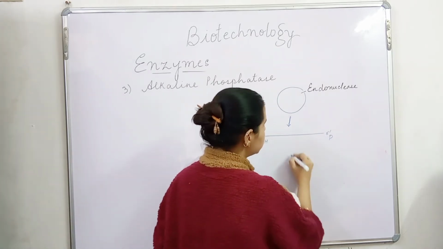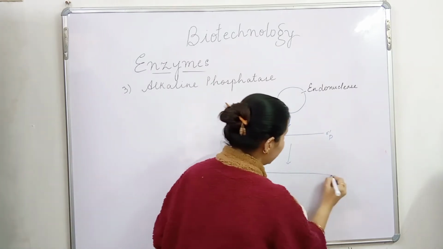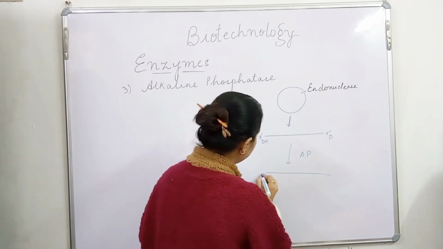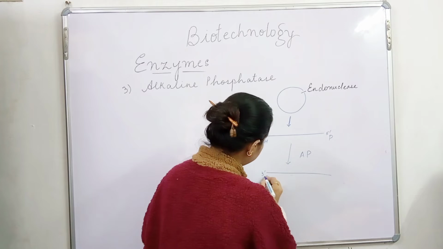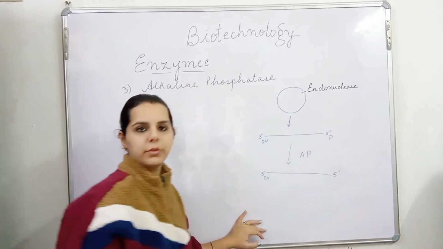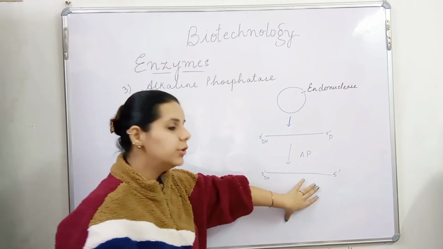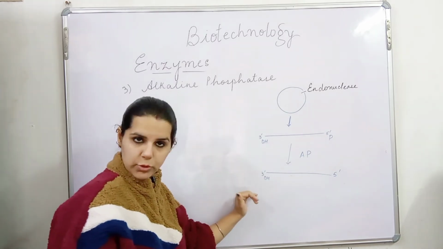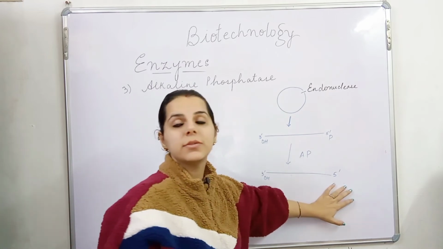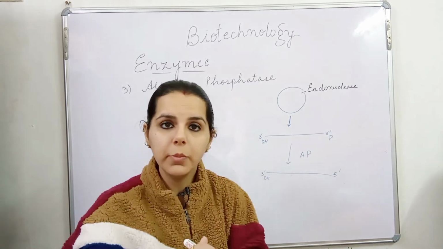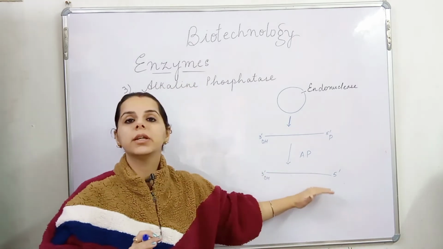Once I remove this with the help of alkaline phosphatase enzyme, I am going to get 3' OH but only 5 prime here. So now this kind of DNA, where there is hydroxyl present but at 5 prime there is no phosphate present, is unable to make a phosphodiester bond, hence it will remain in this particular linear